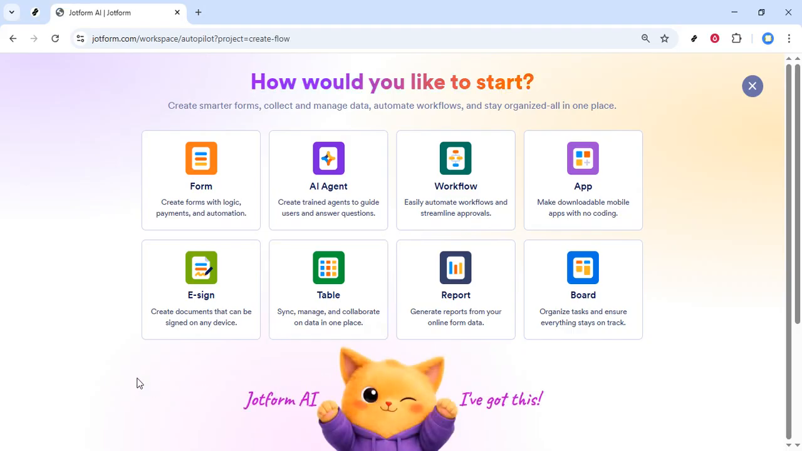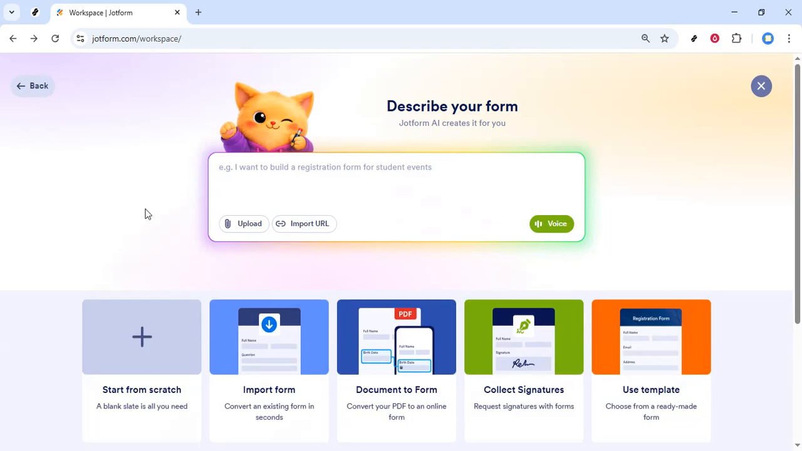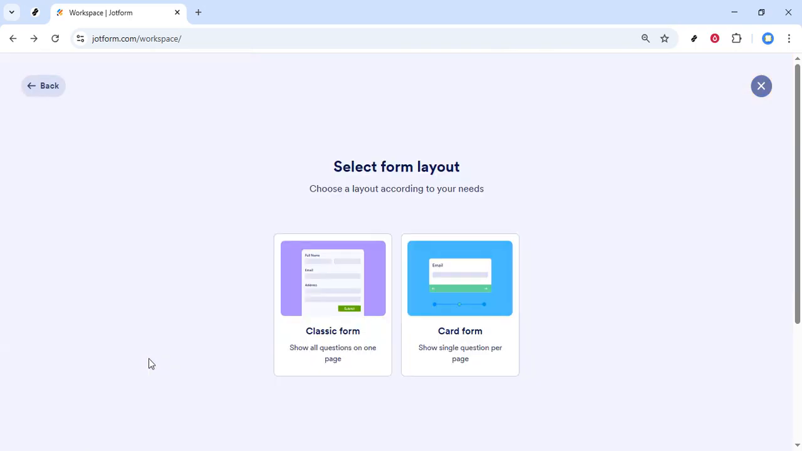After clicking Create, you'll see a few different ways to get started. Today, I'll show you how to start from scratch. So choose the option that says Start from Scratch. This gives you a completely blank slate, which is perfect for learning the basics and having full control over your